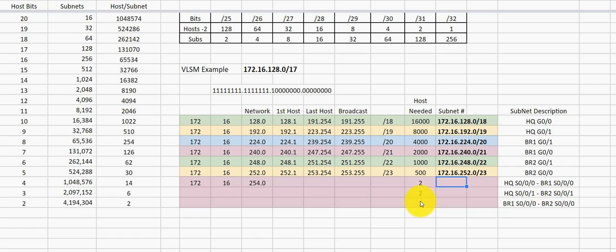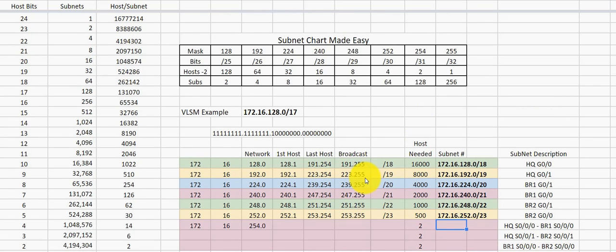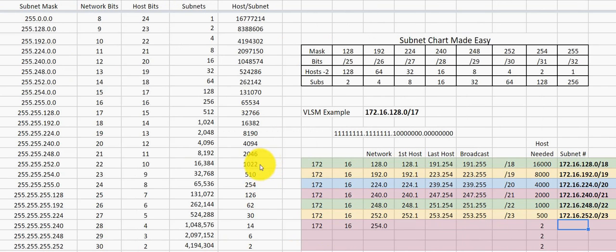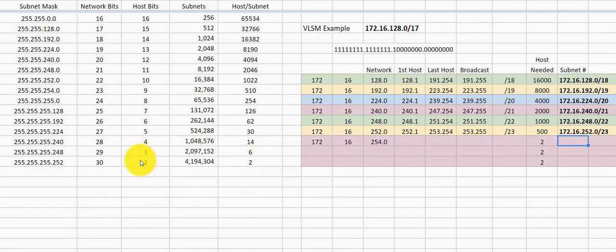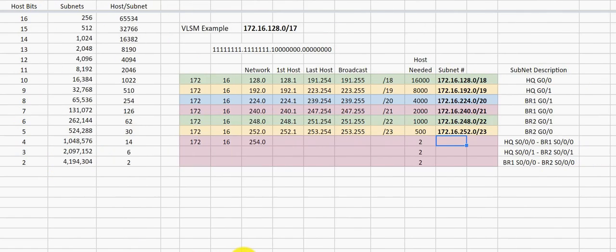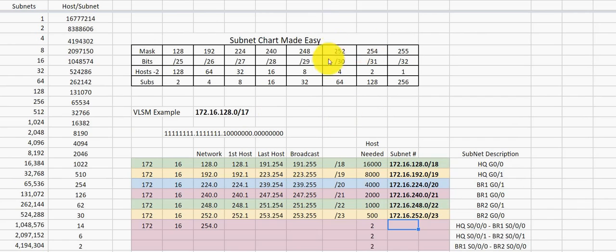So here's where it gets a little bit tricky and some of the confusion comes in on variable length subnet masking. Well, we only need 2 hosts and 3 subnets. So if we look at our chart over here, and we say we only need 2 hosts, well, we can subnet in the /30 range. And that's what we're going to do. We're going to use a /30, and we're going to do this in the 4th octet, which makes it a little confusing sometimes because we're jumping directly to the 4th octet, but we're going to use a /30 and we're going to count by 4.